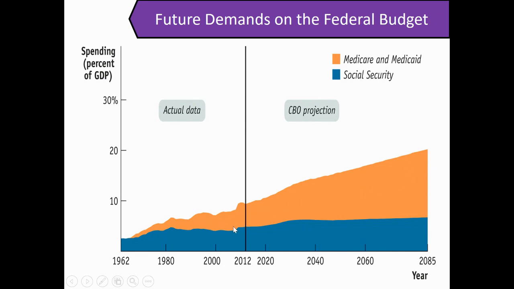And when we think of Social Security, well, Social Security is our money that the government holds on to, but you would think these would be going up also because people are contributing to them, but they're not contributing at a greater and greater percentage. But here, because people are living longer, you can start collecting Social Security at 70 and people are living till 80 and 90. Our Medicare and Medicaid payments from our government are going to get